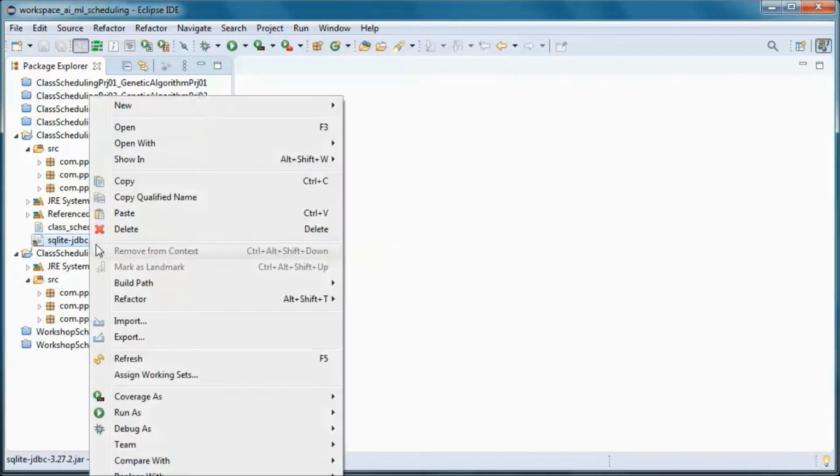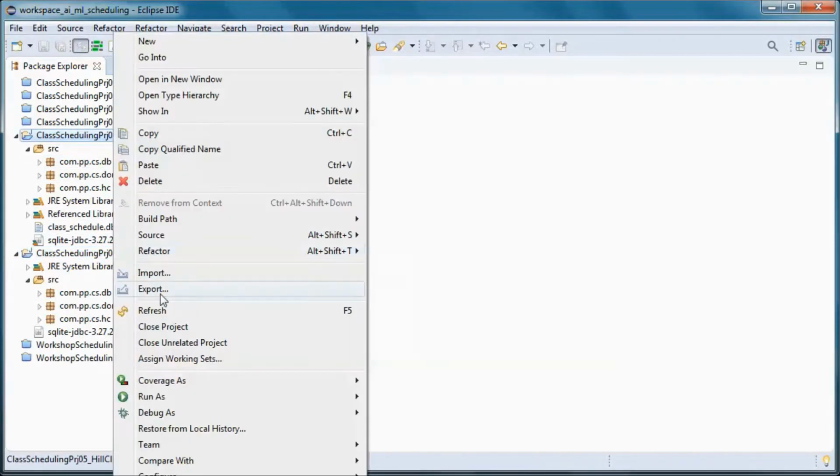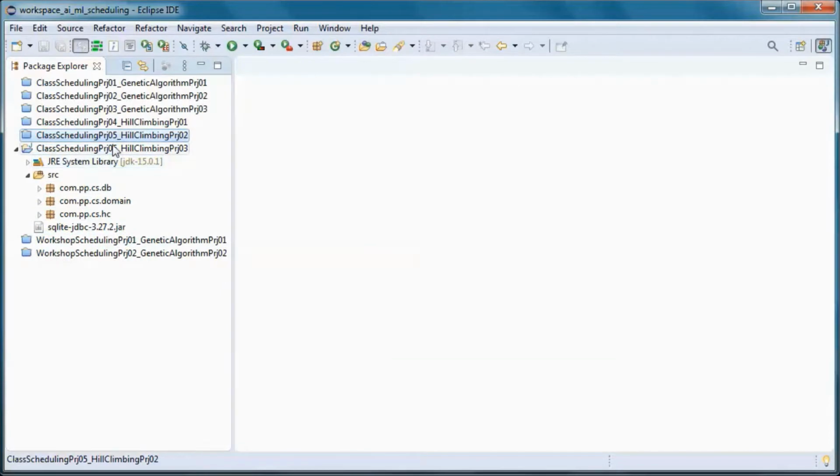And we will need this SQLite jar. So let's go to properties.